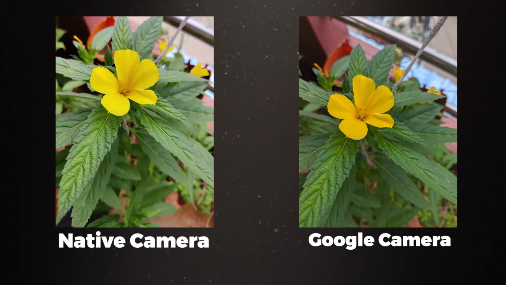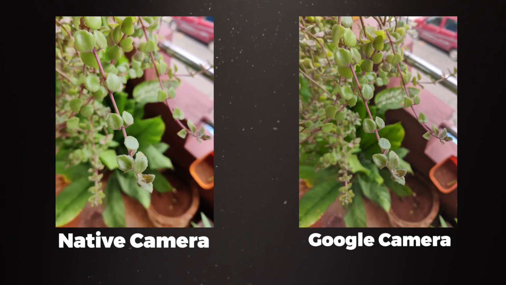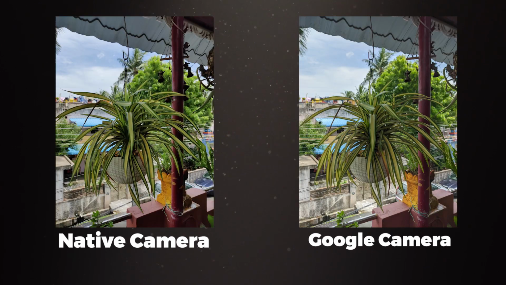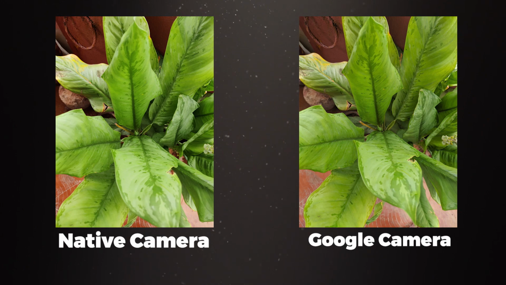I will show some of the images taken in this native camera app of OnePlus and also the Gcam images. Just compare and let me know which one is good. While comparing the images, we could see the native camera is slightly overexposed and the Google camera is maintaining that exposure, and even saturation is well maintained and colors are better in Gcam. So yes guys, if you have a bad camera app on your smartphone, then you must try the Google Camera app. Do install the app and take awesome images with your Google camera.